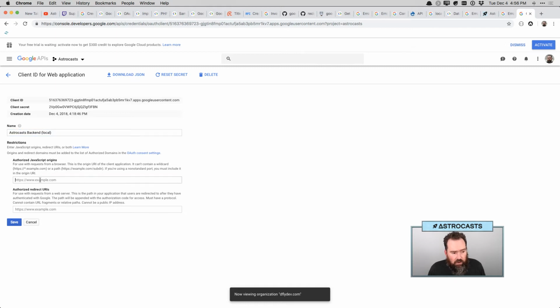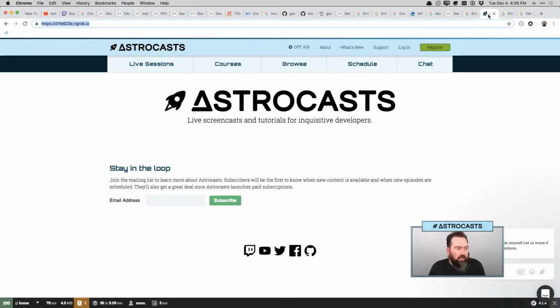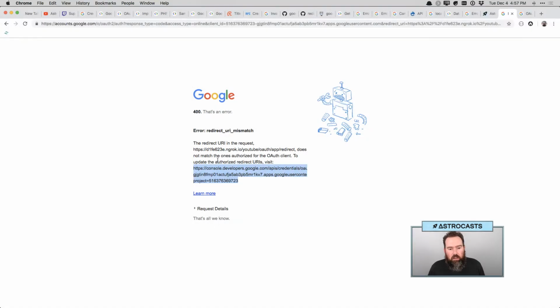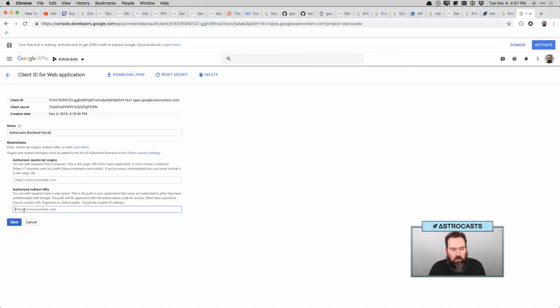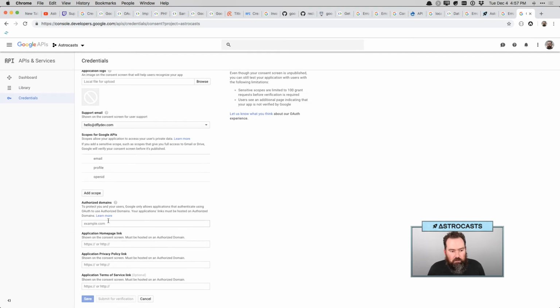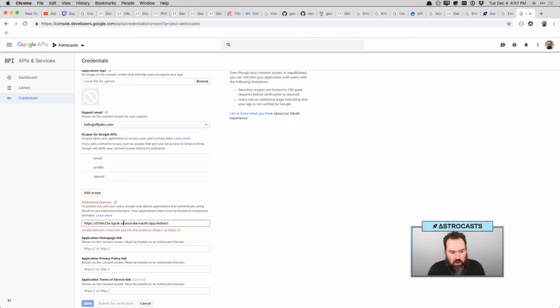And if I want to set an authorized origin, so I did do this earlier. So I'm going to add this URL. Actually, I'll do it in the order I tried it before. So I'm going to add the redirect URL to the console here, authorized redirect URL. And it complains that the domain must be added to the authorized domains list before submitting. So I can't save this. If I go to the authorized domain list and try to add ngrok.io,